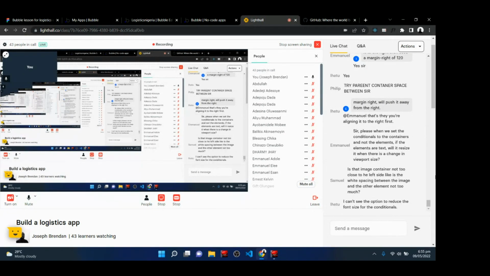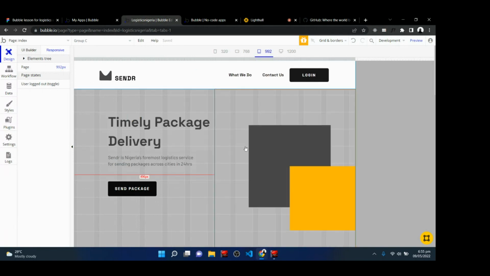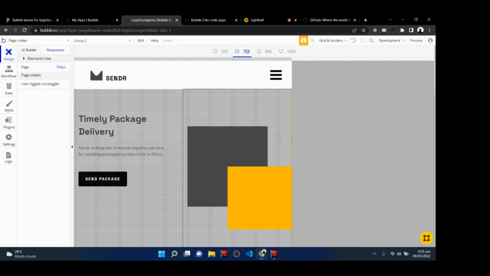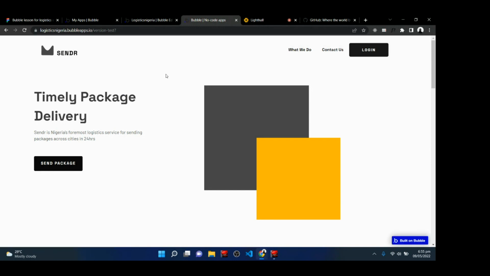Now, someone is saying, is that image container not too close to the left side, like it's the white space in between the image? Okay, Samuel, I would like to understand better. Are you talking about this page, this white space here? Like what I have here? Okay, I think we are going to confirm if we reload our page in the browser. Let's go to